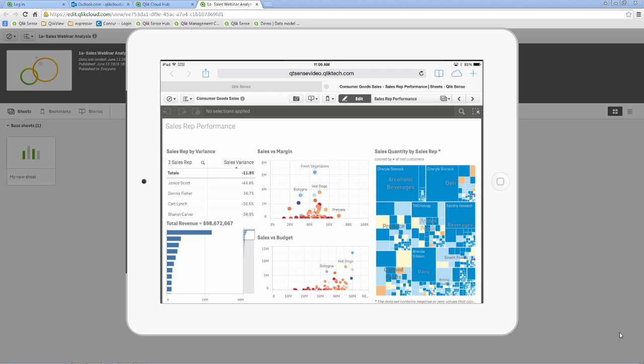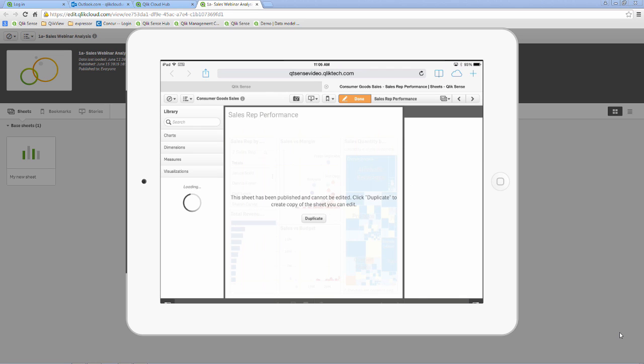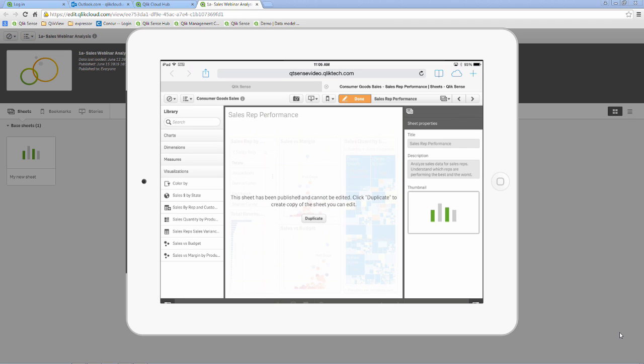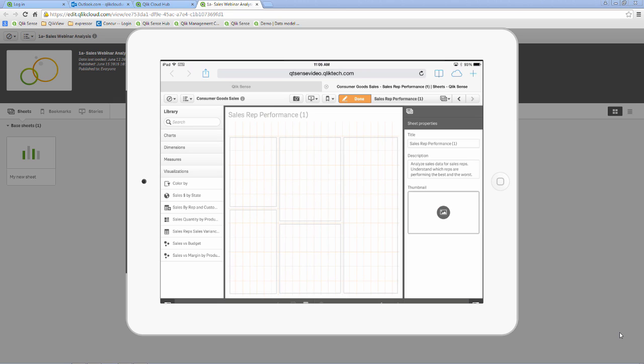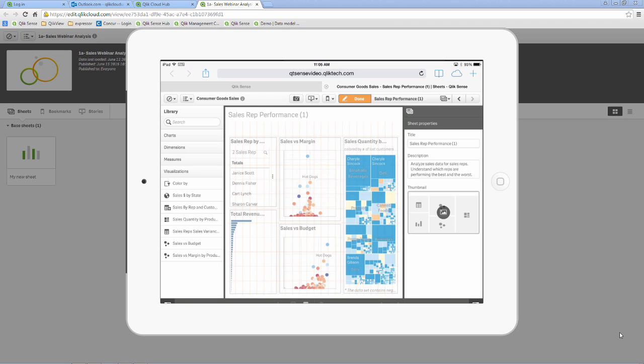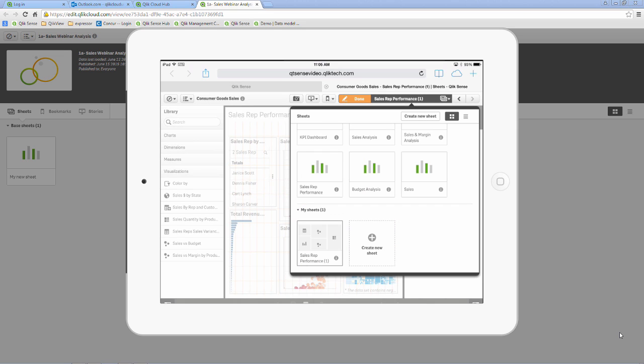So what I can do is select Edit. And what it'll do is it'll say, as the user that I'm logged in with, you don't have access to change this approved sheet, but you can duplicate it and then make your own. So what I can do is click on Duplicate, and this will create a copy of the sheet, but only accessible to me. And if I go into the Sales Rep Performance Viewer Sheet window, you can see there's something called My Sheets on the bottom. So now I can begin